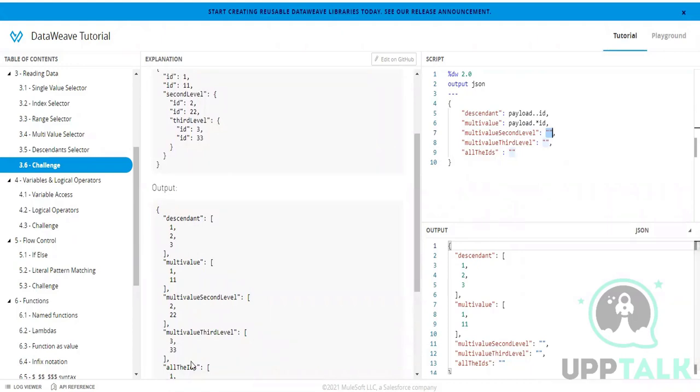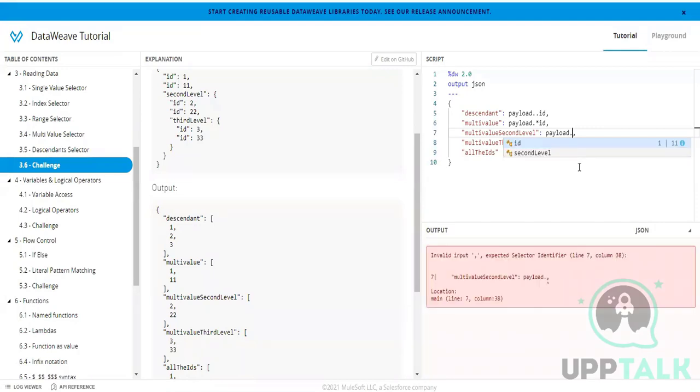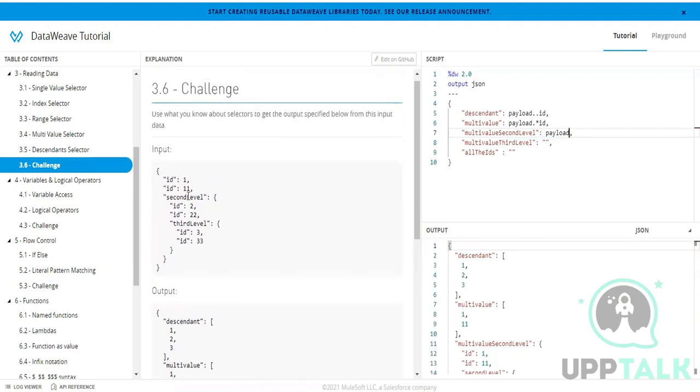What is the third one? Multi-value second level. It's 2 and 22. It returns 2 and 22, right? So then dot ID, payload dot dot ID, another dot. Dot ID returns the same thing as the first one, right? I want to move to the second level first. Second level, right? I want to move to this level. How can you do payload dot